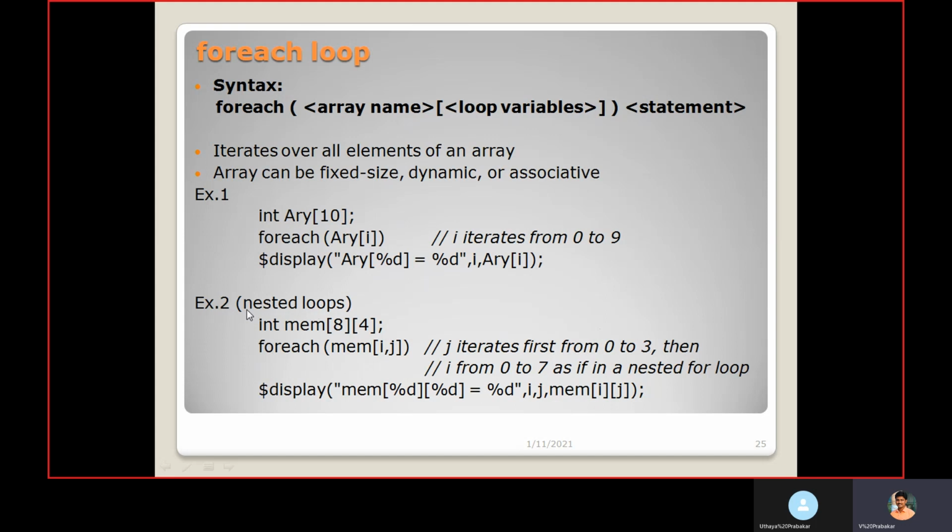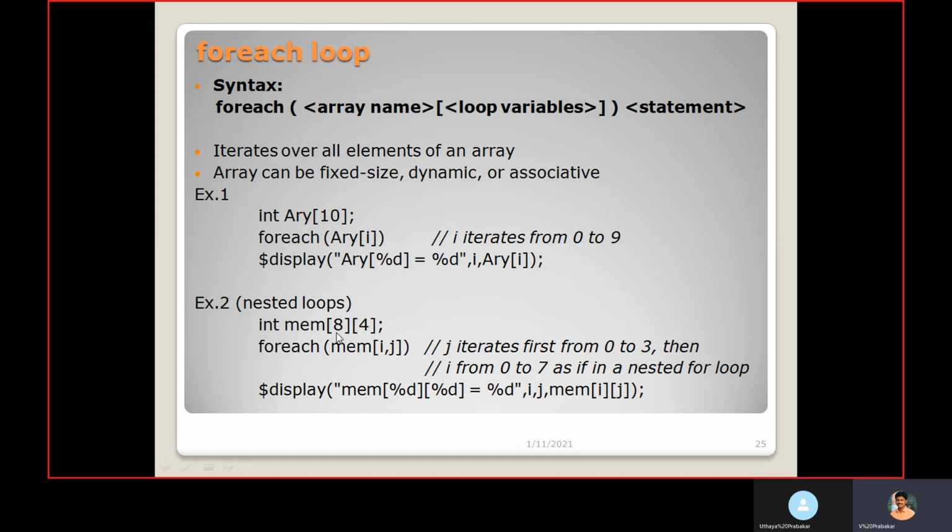You can also use nested loops this way. int mem[8][4]. That means we have 8 rows, and in each row we have 4 subdivisions. In each of the 4 divisions we can store 32 bits, that is integer. We need to mention foreach mem[i][j] here.